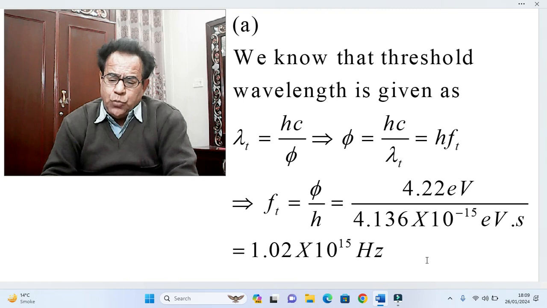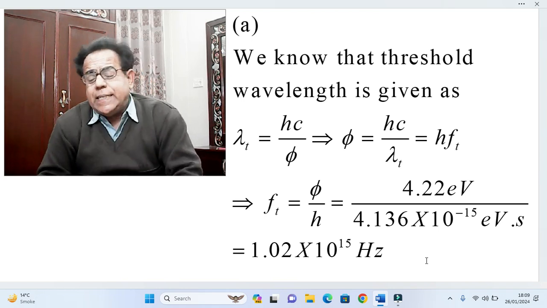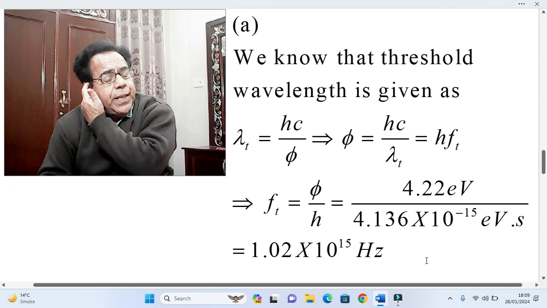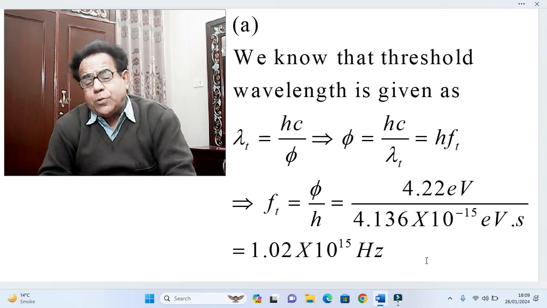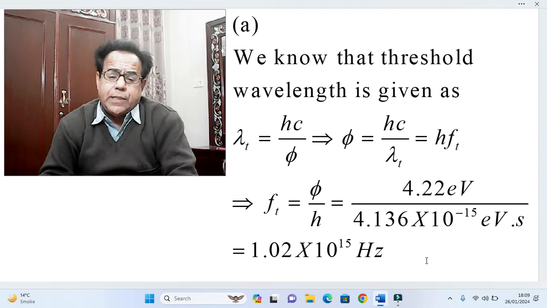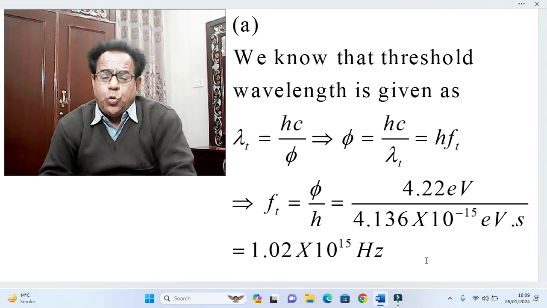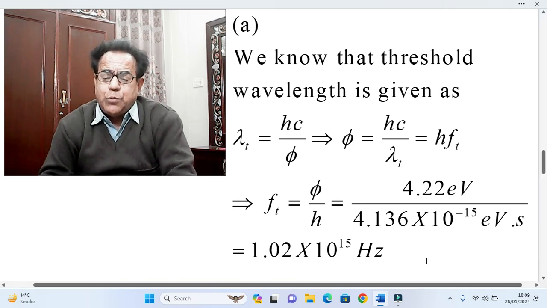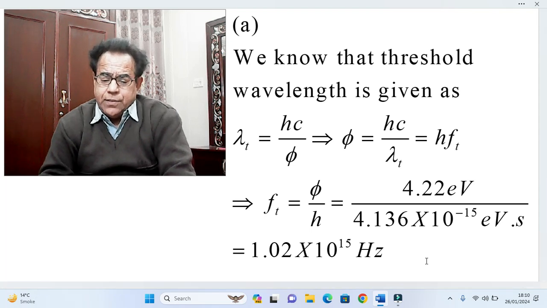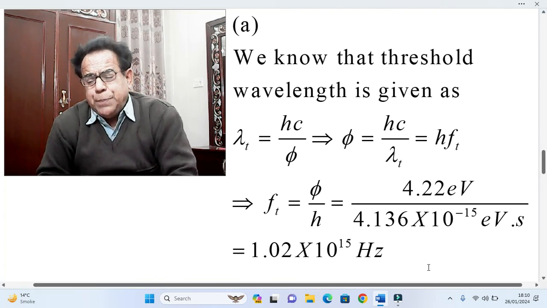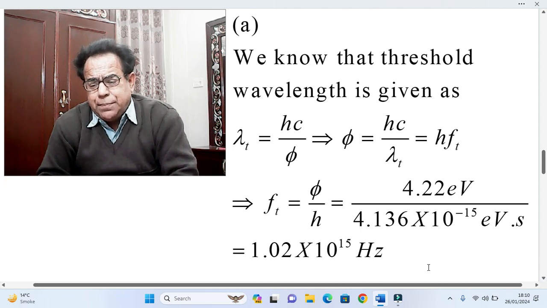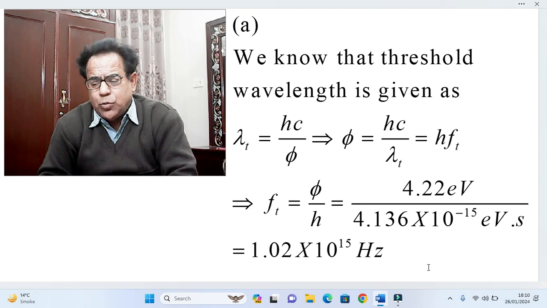Now, dear students, the value of work function phi is given in the statement, and the value of Planck's constant h is given in the first snapshot, which was the table of physical constants. It is further pointed out that in that table, the value of Planck's constant h has been given in two different systems of units. Out of those two, we have chosen the one which is relevant here. By putting both these values, one from the statement and one from the table in snapshot number 1,